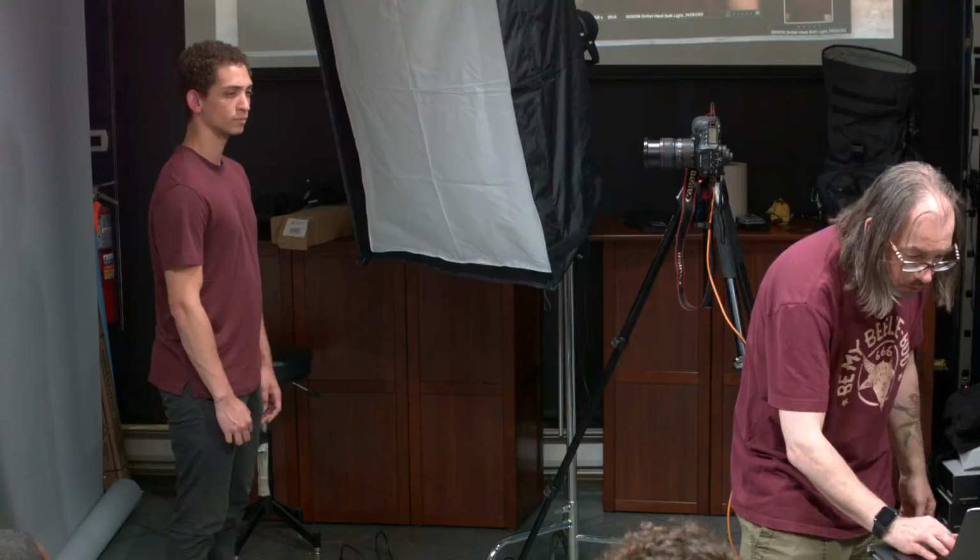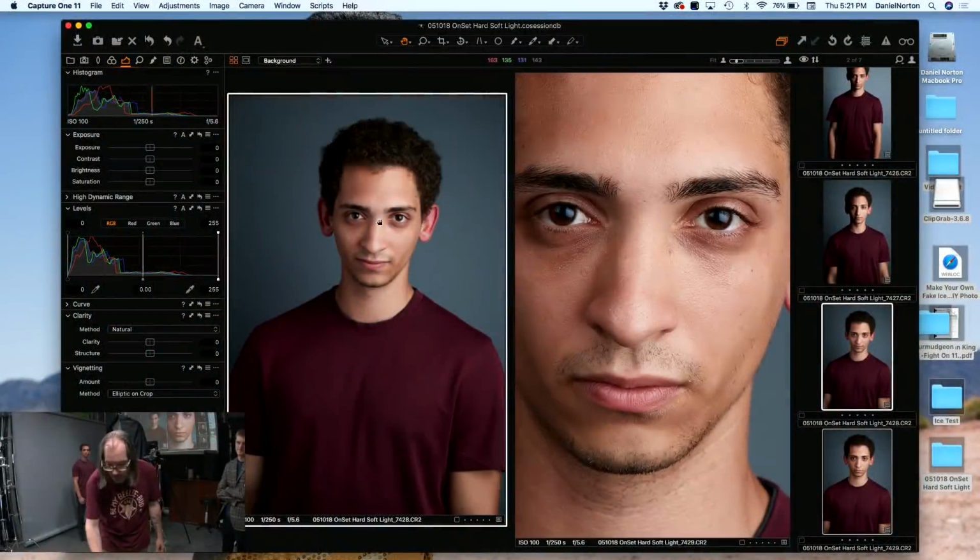Is there a way to reduce the softbox reflection in their eye if the box is so close? They could turn away from it, I suppose, or change the angle of it. But most people like a reflection in the eye. It's called a catchlight. You can move his eyeball so it's on the white. You can move his whole face. I mean, there's a lot of ways to do it. I personally like a catchlight. Most people do. But if you like dead eyes, then, you know,